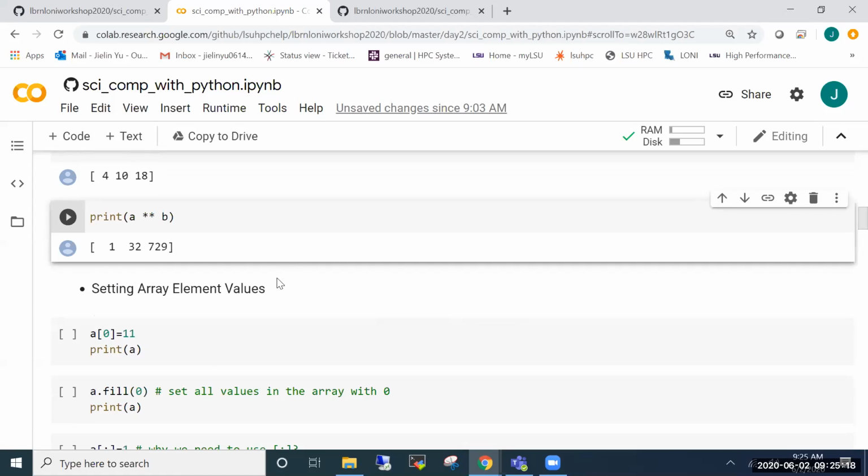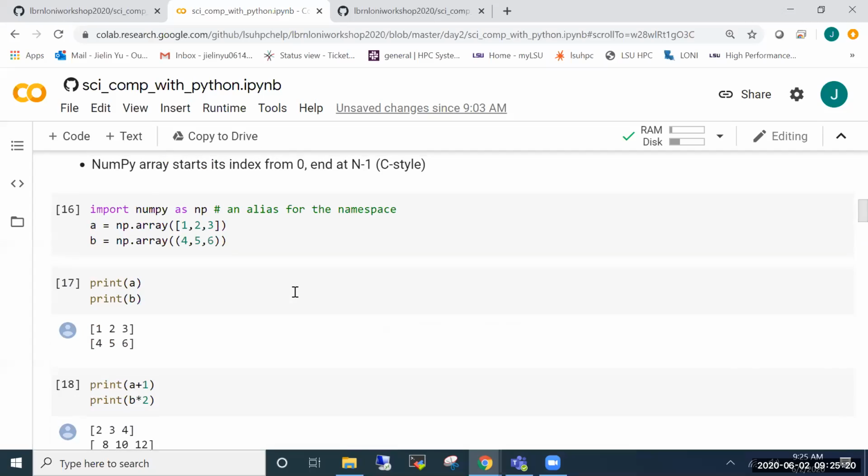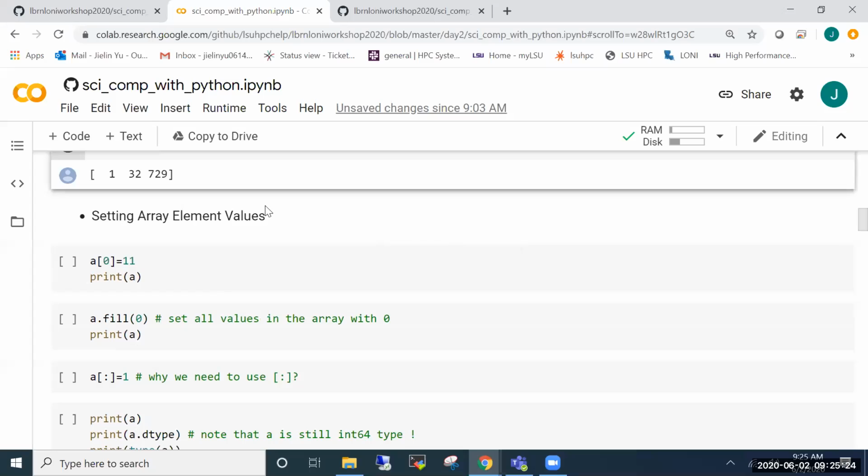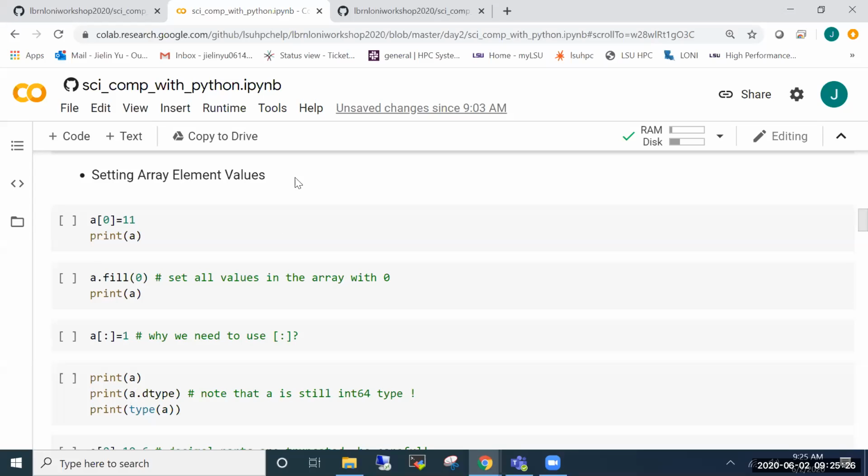Any questions for this section? For the NumPy array, very simple usage for NumPy arrays. So, okay, so no questions. Then